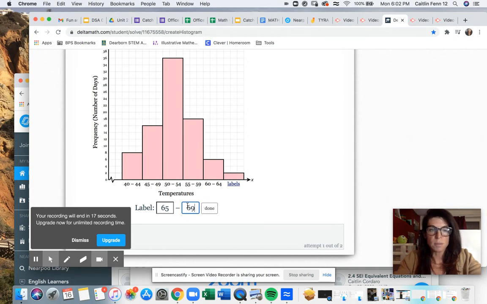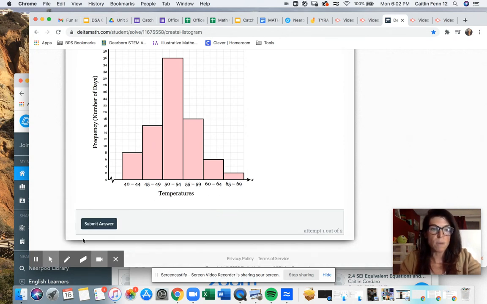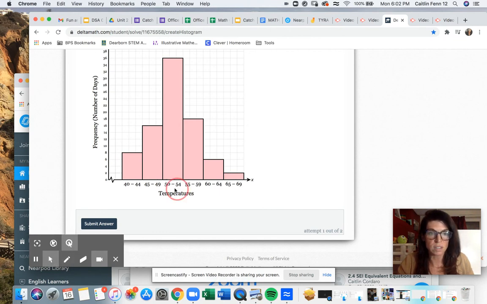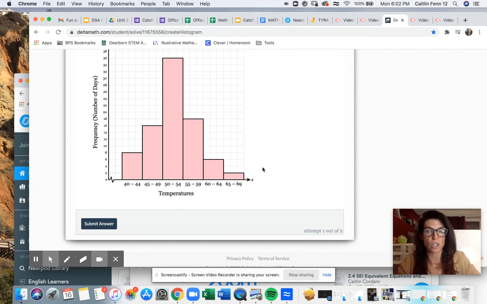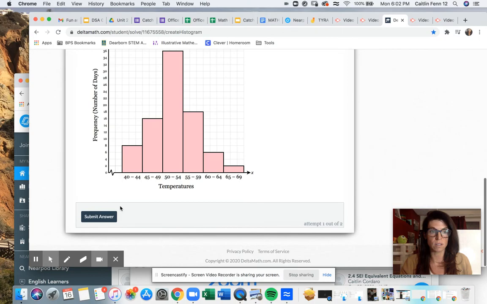Okay, and so what this helps us visually see is that the most days are between 50 and 54 degrees. So you can see that this is the highest bar. Most days are in that temperature in the spring in New York City. That's what the histogram helps us see. So let's submit it, make sure that's